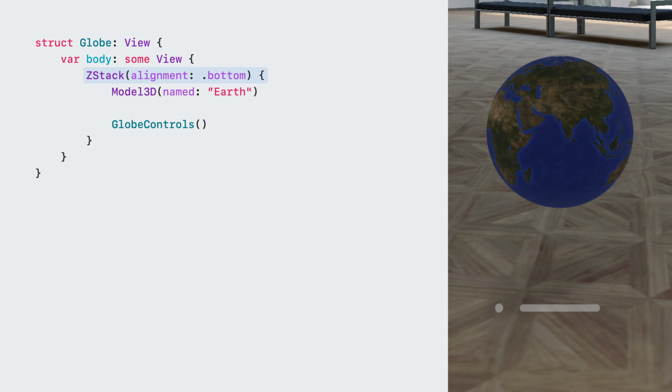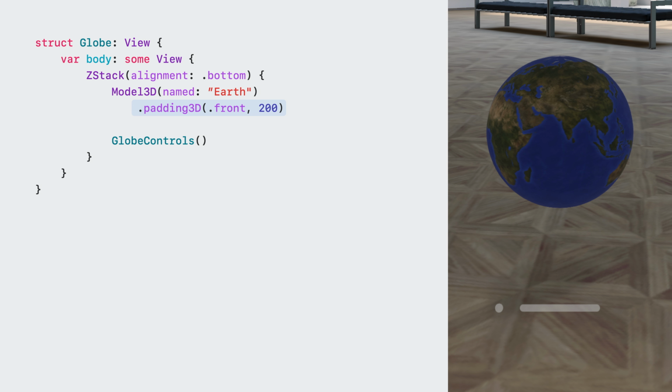In fact, the entire layout system is aware of your content's depth and its available space, and adjusts your layouts accordingly. And there are even new modifiers to control how depth behaves with layout in your apps, like the new Padding 3D modifier to add spacing between your SwiftUI views along their front or back faces, which we can use here to give our controls some room to breathe.